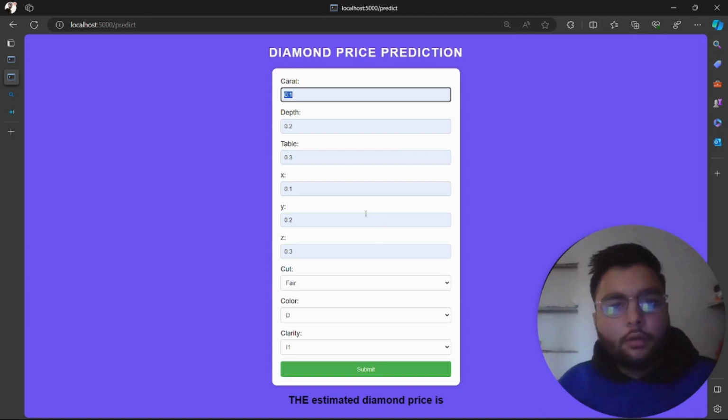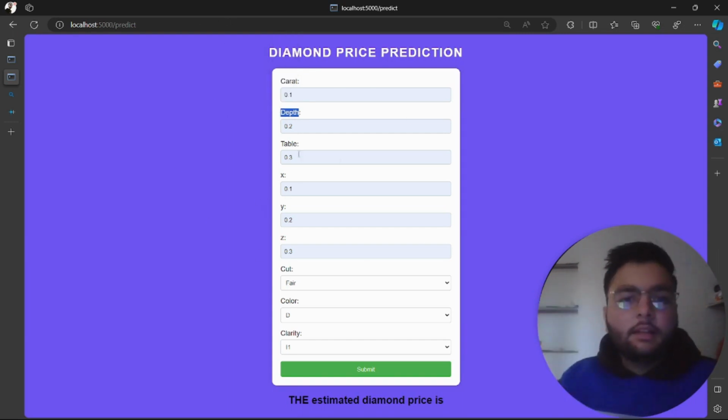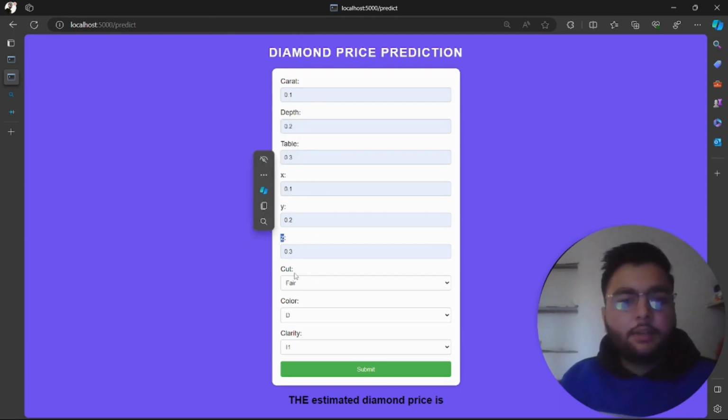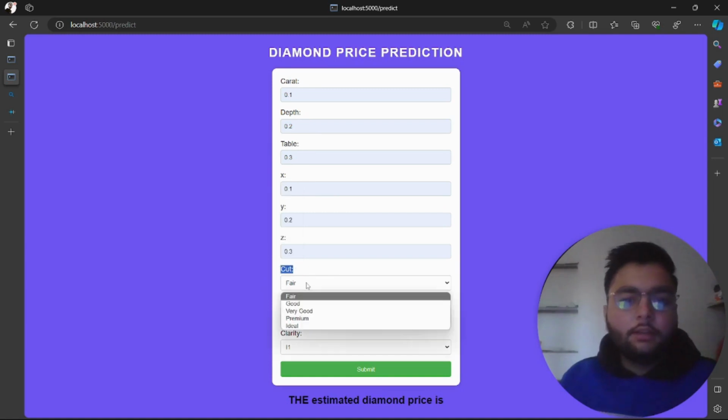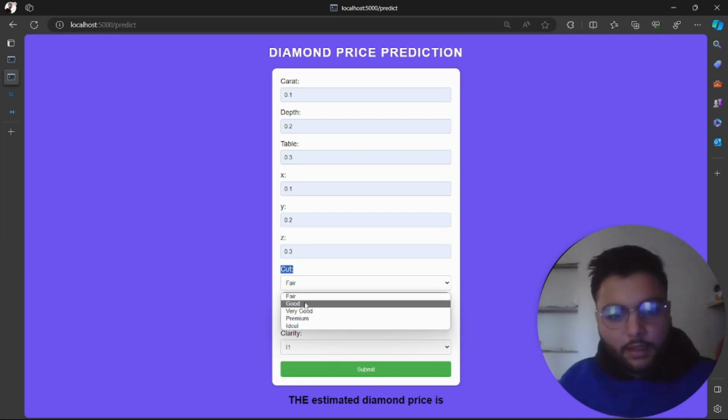Here you can see the carat feature denotes the weight of a diamond, and the depth feature denotes how much depth is present inside the diamond. This is the diamond table, this is the X dimension, Y dimension, Z dimension, and this is for the cut quality. In the cut quality we have 5 parameters: fair, good, very good, premium, ideal.